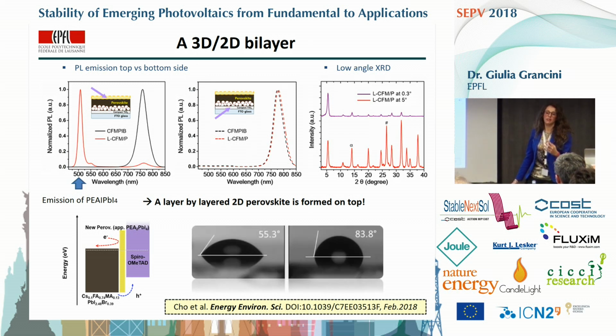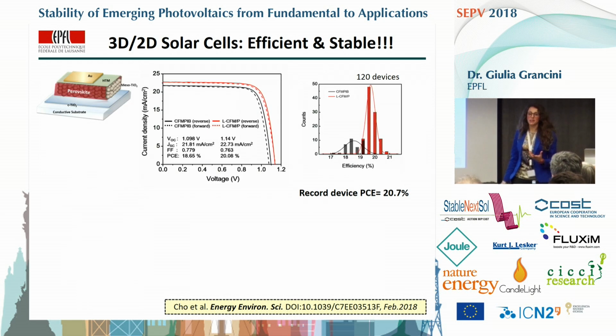First of all, the structural stability of the material, but also the intrinsic stability in terms of water repellence. Indeed, we measured some contact angles, and you can see that with the addition of the 2D perovskite, the surface is more hydrophobic. So we believe that this is one of the reasons for the better stability of the materials, which is reflected in